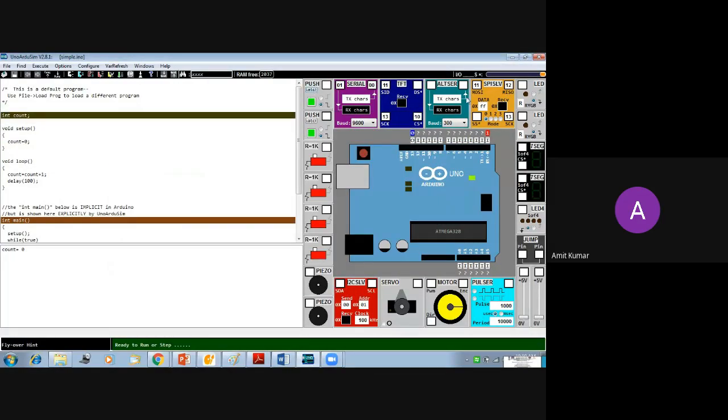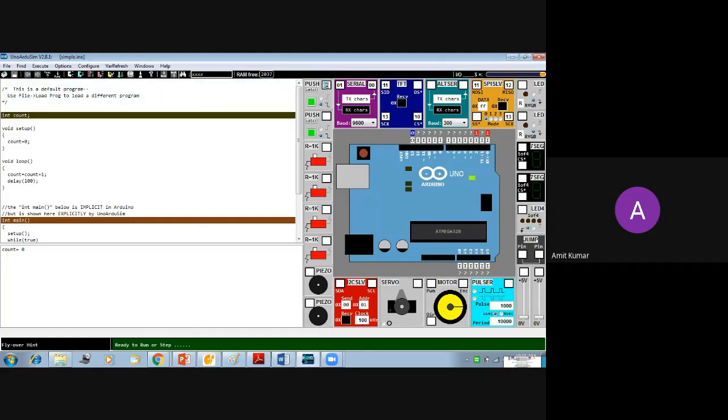On the right hand side, we have different peripherals. We will start from the left hand side at the top. This peripheral is known as a push button. This push button has no numbers. On the right hand side, you will see a white box where you can write the number of pins, or pin number. If you specify two, that means this push button is connected to pin two. You need not connect anything physically anywhere else. You can just specify the numbers and connect those pins with this Arduino.